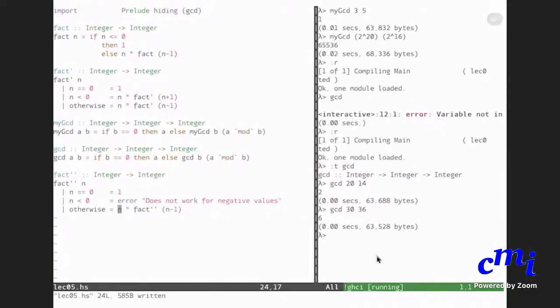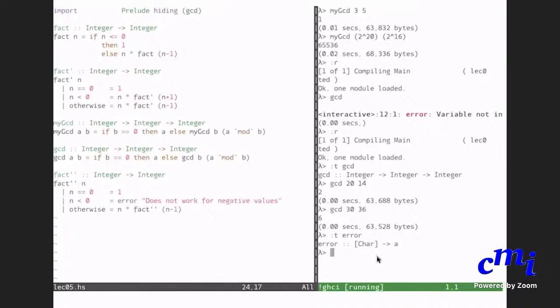Good that somebody asked. You can always use error to print out error messages. The way you use it is this. You just say error and give an error message, and it will all automatically work because the type of error is list of character arrow A, where A stands for any type whatsoever.